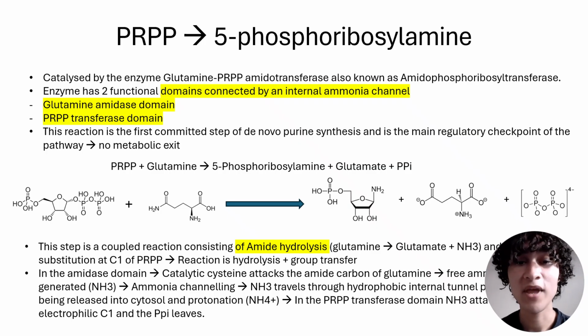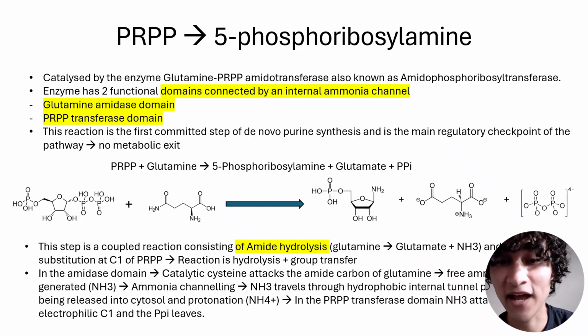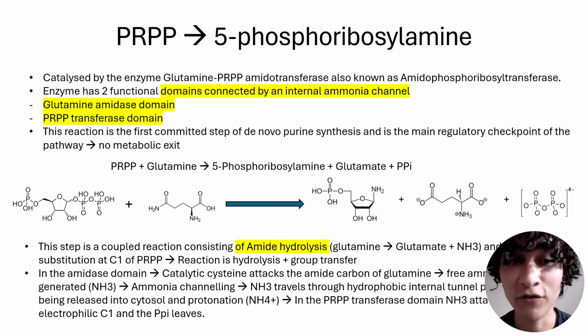So the glutamine amidase domain will perform a hydrolysis reaction on glutamine, okay, and that will give you glutamate and your ammonia. And of course, that ammonia is not free floating. As I said before, it's traveling through that internal ammonia channel to the phosphoribosyl pyrophosphate transferase domain, where that transferase